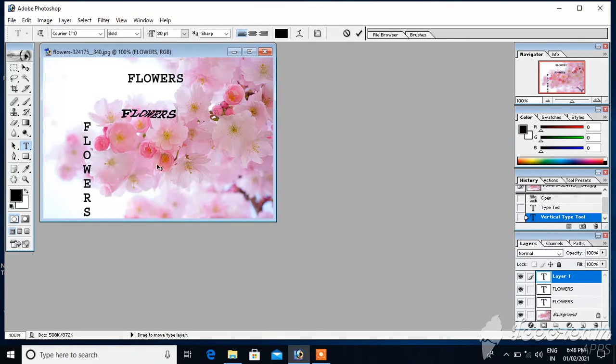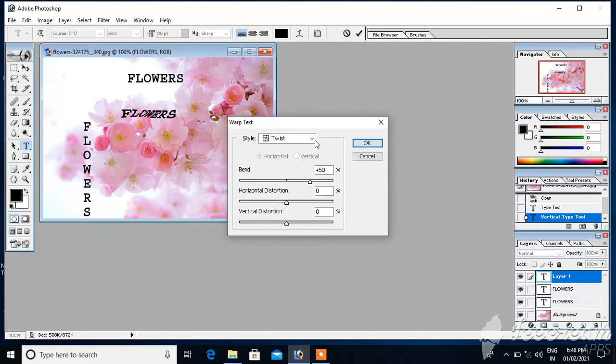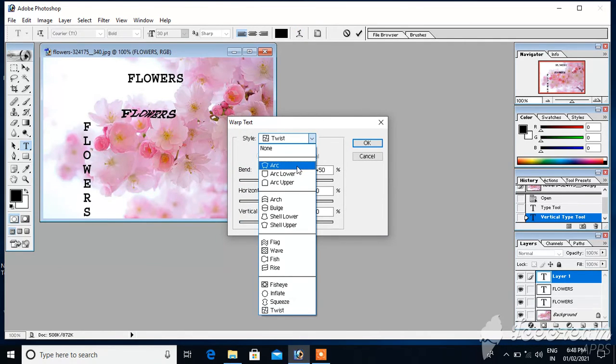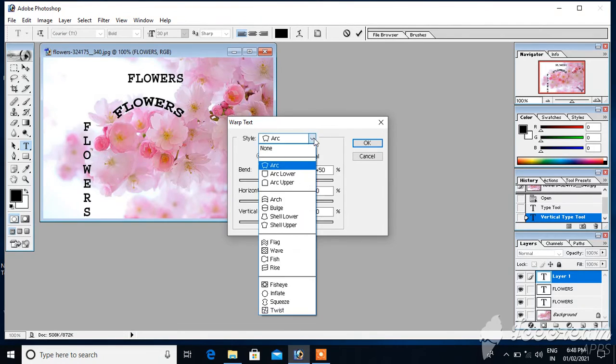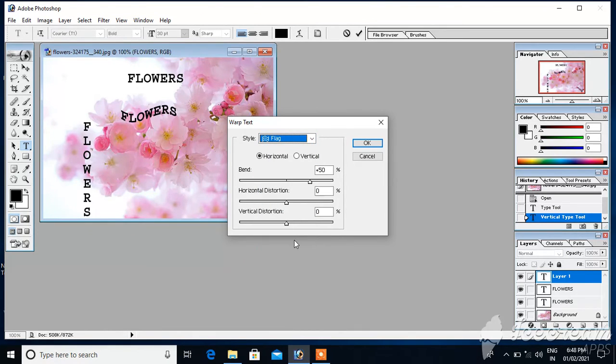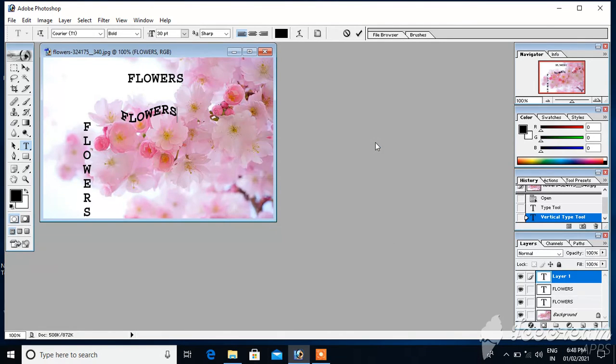The same way arc, see that text will display in arc. So in this way you can change the style of the text with wrap text option.